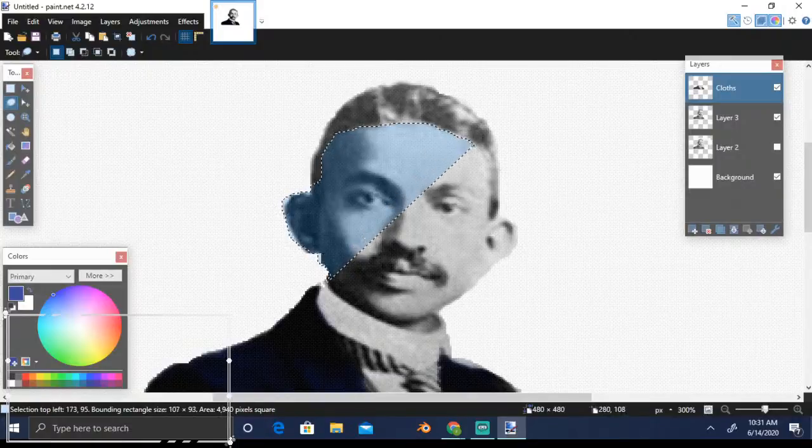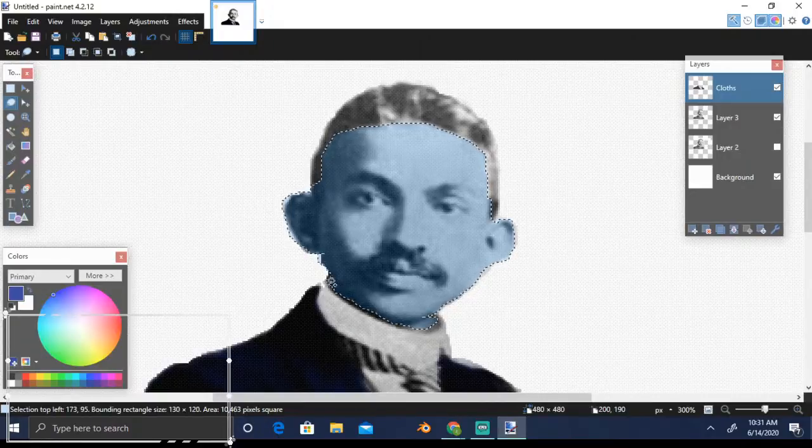So you have to be careful if you want a very good output. You need to be very careful in the selection, and that will happen with practice. The more you practice, the better you will get. So what I have done is I have left clicked on it and I'm just tracing it out. Okay, so let's take till this part. Okay, now the face is selected.